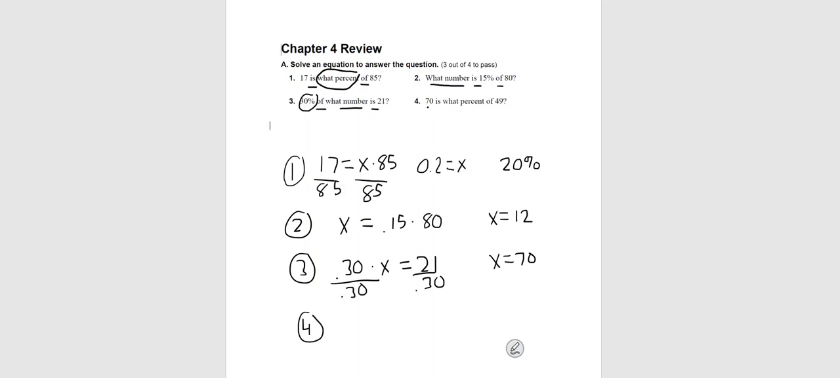So let's write our equation. 70 is what percent of 49? And then we're just solving for the x. We're trying to get the x by itself. So to get rid of the multiplication of 49, we use division. So we divide by 49 on both sides. And when you take 70 and you divide by 49, you get